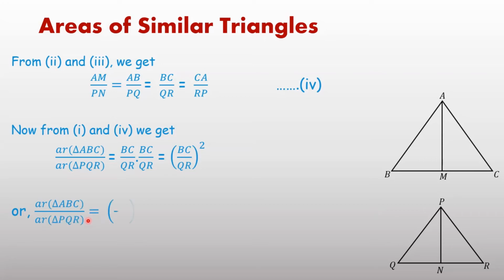Therefore, area of ABC upon area of PQR equals BC upon QR whole square, which is the same as AB upon PQ, and it is also equal to CA upon RP. It implies all three. And that is the proof of this theorem. In this pattern, you can complete and prove this important theorem. Now next,